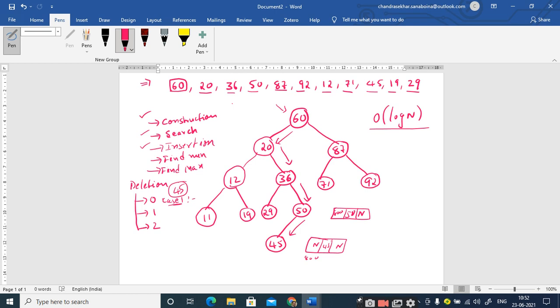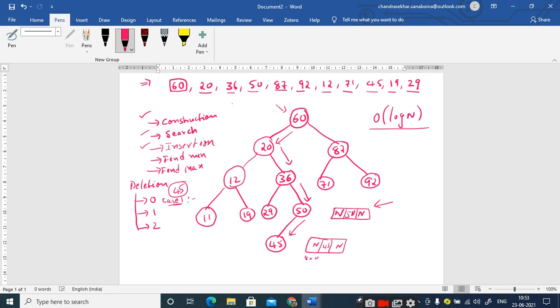So what you will do is, you have to point a pointer to its parent and make modifications in the left address of this 50. You just remove this 800 and replace it with null value. That's it. What happens if you replace this left address of 50 with null? The link to the 45 node will be broken. This is broken, right? So this is how you are going to delete the 45 node, that means the node with 0 children. Is it clear?